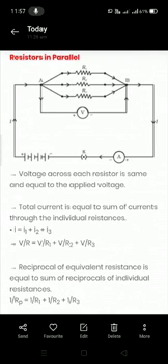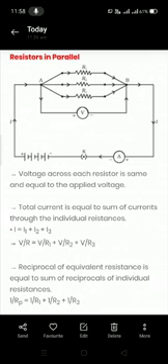Now, resistors in parallel combination. Three resistors R1, R2, R3 are taken, and the starting points of all three resistors are connected at one point, that is A. The ending points are connected at the other point, that is B. Now a voltmeter is connected to measure the potential difference across all three resistors, and we have taken an ammeter to measure the current, a plug key and a battery.